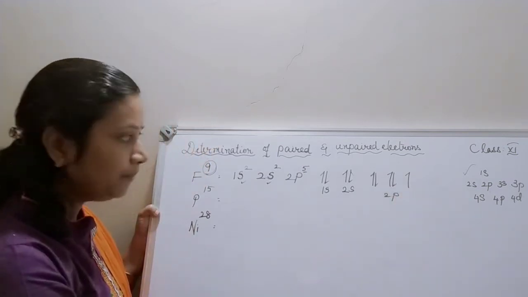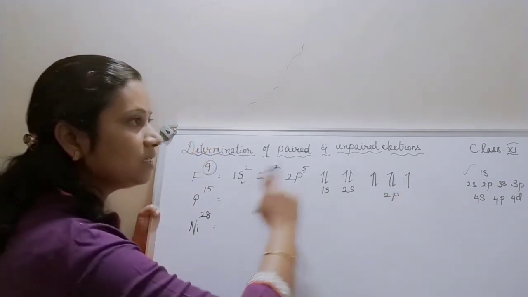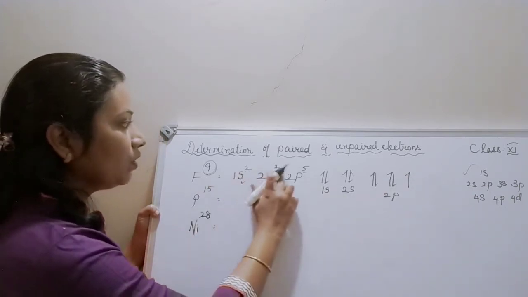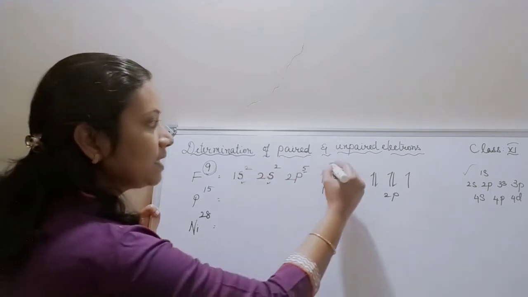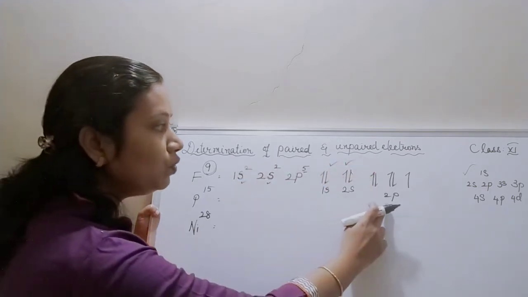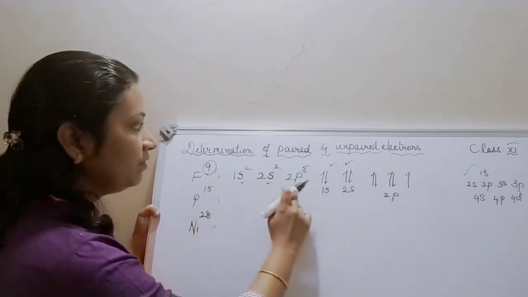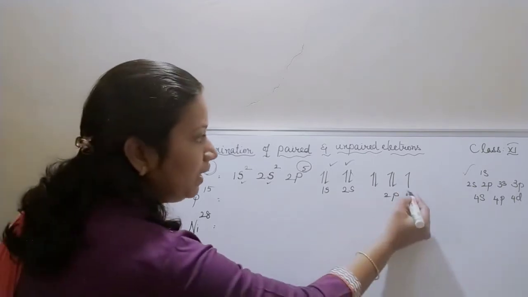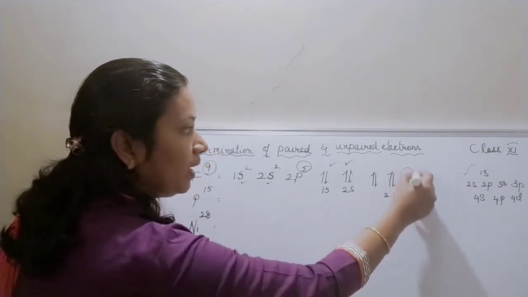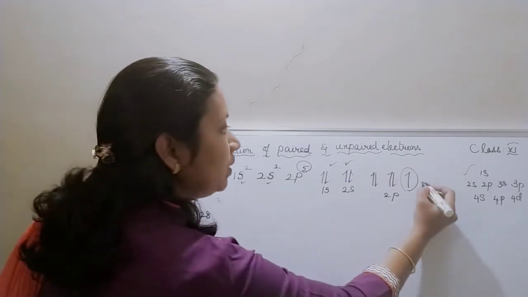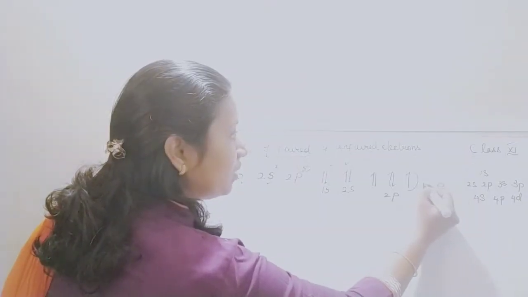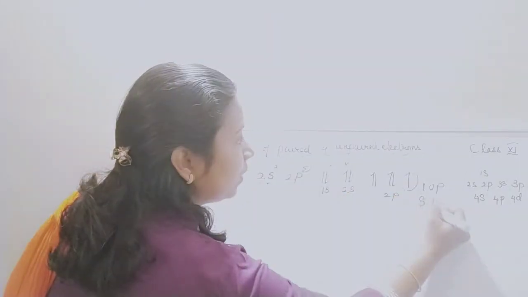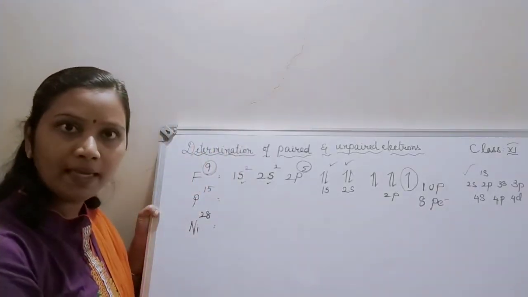Okay children, am I clear? So 1s, 2s, 2p. This is the order of the song in which I have to fill the electrons. Since it is 9, I have accordingly filled it. S orbital is completely filled. When I move to P, 5 electrons are present in P. So as per Hund's rule, I have filled. Now how many unpaired electrons are present, children? Only one unpaired electron is present. So in fluorine the number of unpaired electrons is 1. And see, 9 minus 1 is 8. So 8 paired electrons are present.